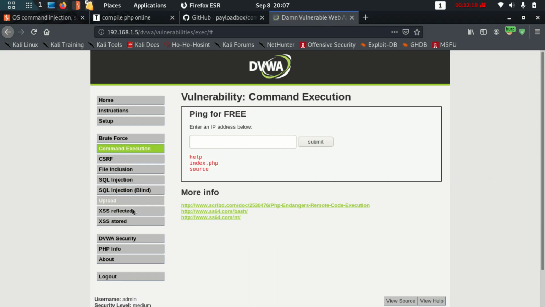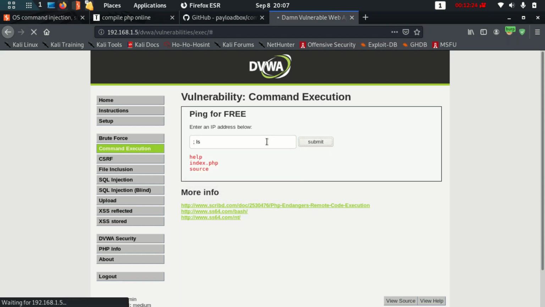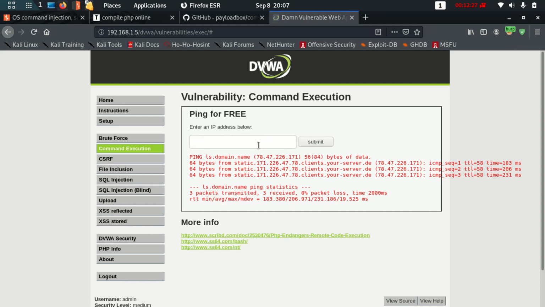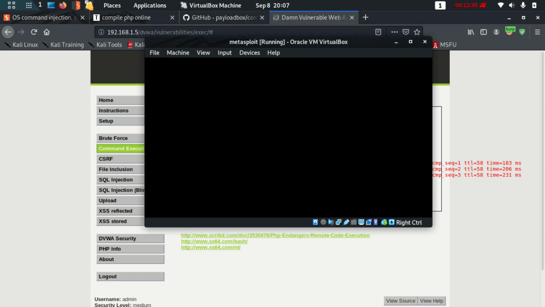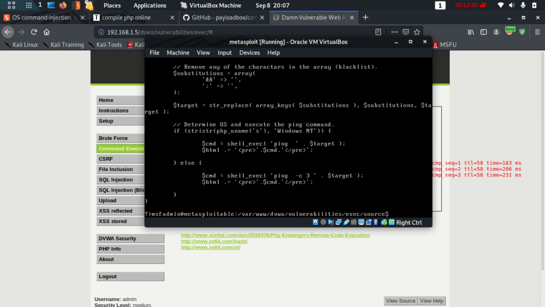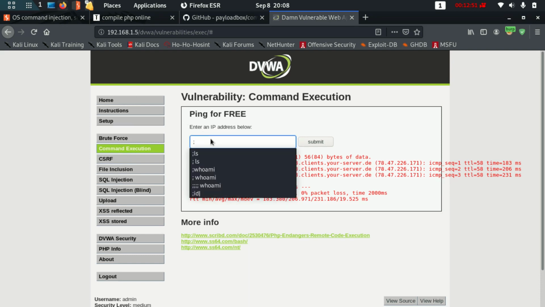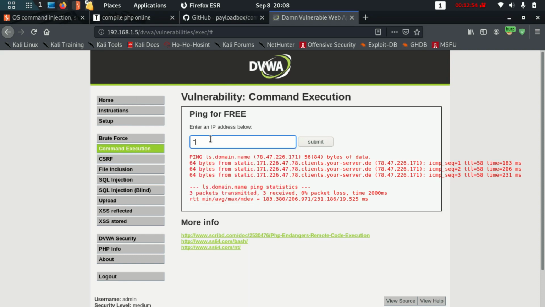Okay, should I increase the difficulty even more? So I'll just show you. See, this works. Yeah, this did not work, so I'll show you why. See, over here when I do cat medium, this is at medium level, so you will see over here on the third line maybe, that if the input is semicolon or double and, then it will replace it with null. So it is basically filtering the input, so that whenever I type this as the input, it will convert this to blank. So that is why this did not work.